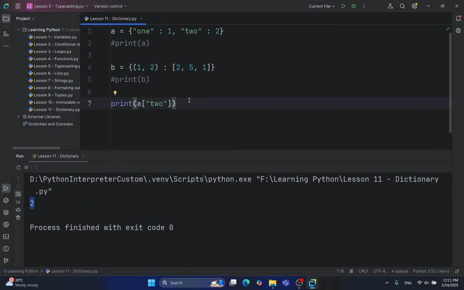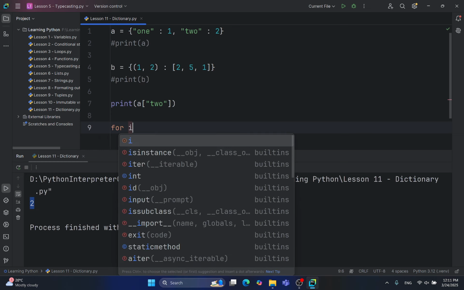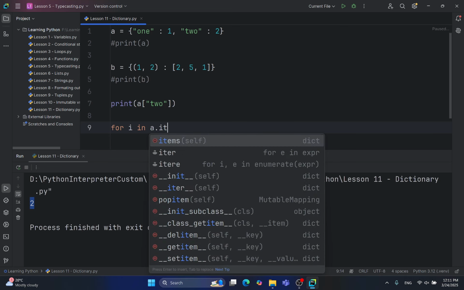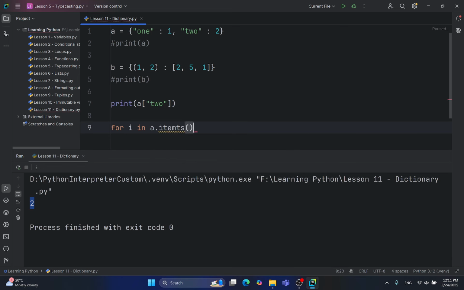Traversing a dictionary is also different than what you are used to. Since we store two values, one is a key and one is a value, you need to tell Python which one you want. Is it a key or a value, or is it both? To get all the elements, we need to use the function items. So for example, when I write for i in A.items, this function returns two values,